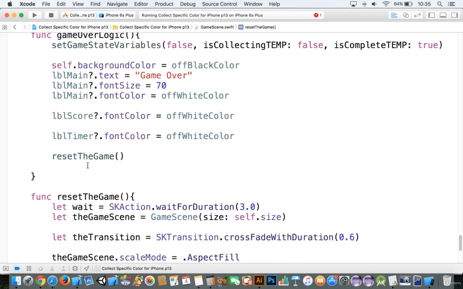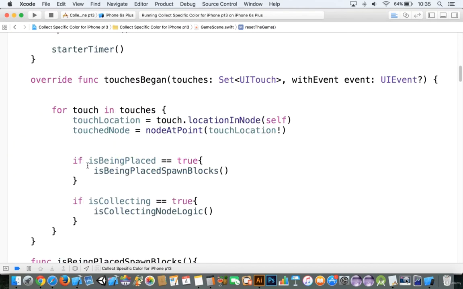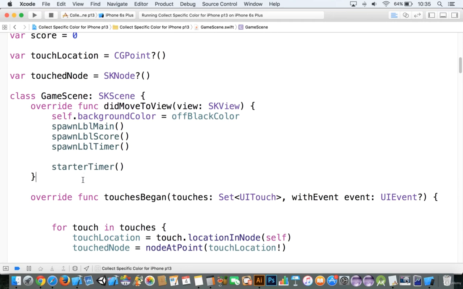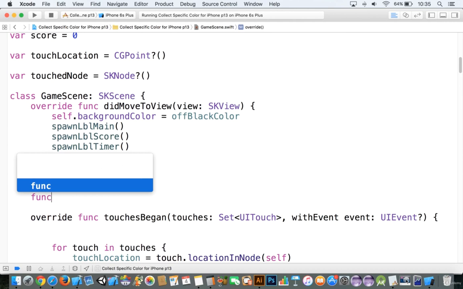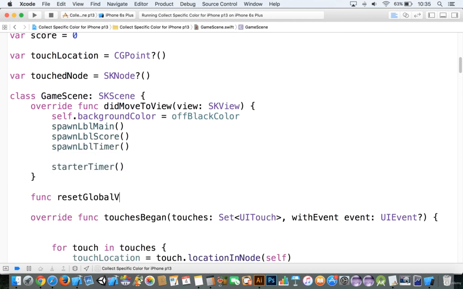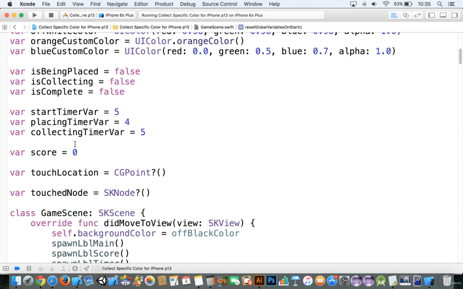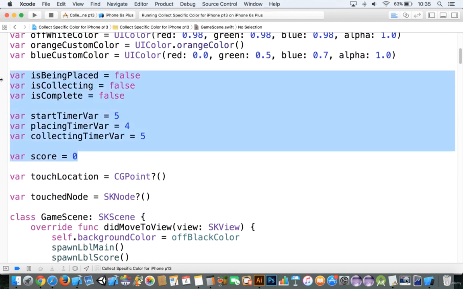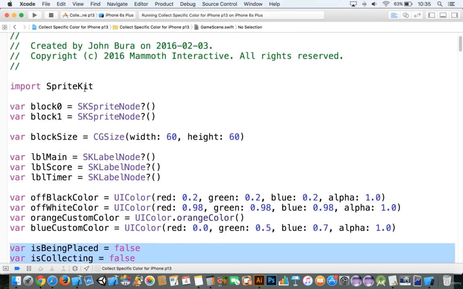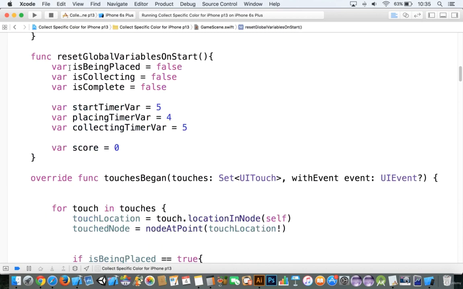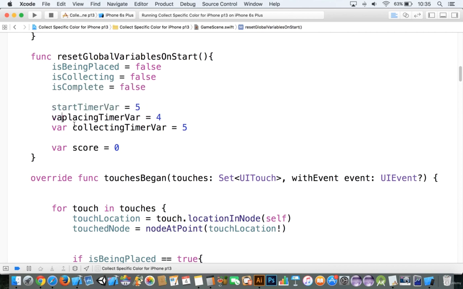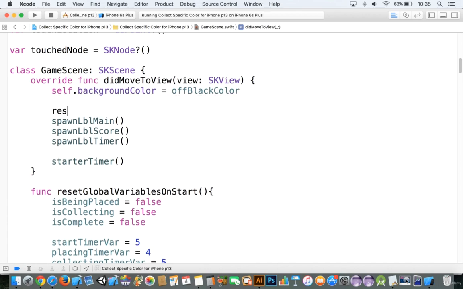All right. But whenever you reset the game, you have to make sure that you reset the global variables. So let's add that function here. We'll say resetGlobalVariablesOnStart. And what we need to do is take all of these variables here. You have to reset all your variables, and I think these are the ones that you need to reset. I just like copying and pasting them and deleting the variable here. And just like that, make sure that everything is set up like that. And of course, we have to call